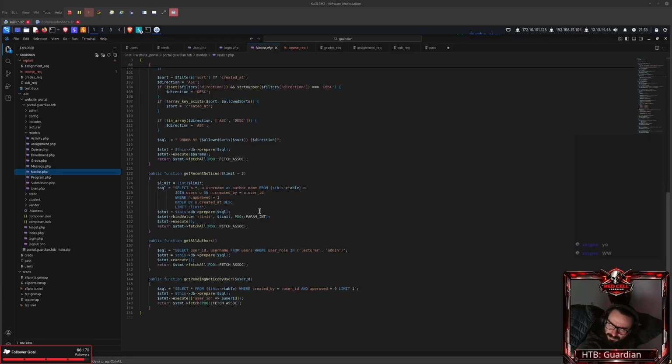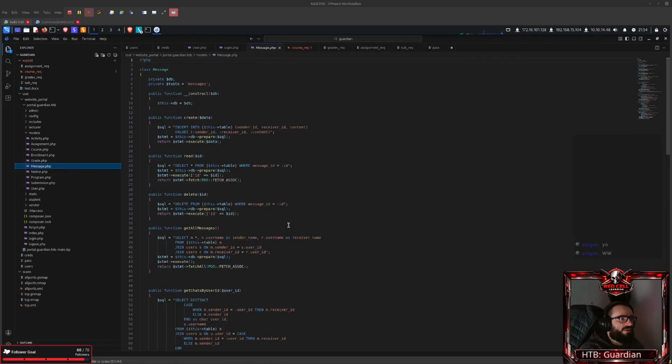So PDO alone would not spare them from SQL injection, but because they're using prepared statements, that usually defeats, I would say, 99% of injections. I think there were some bugs in PDO that allowed certain types of injection to go through, but in this case,